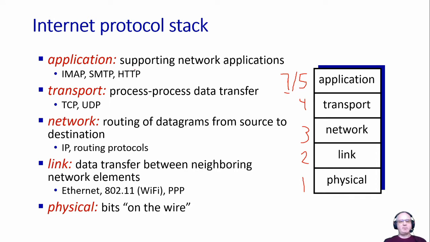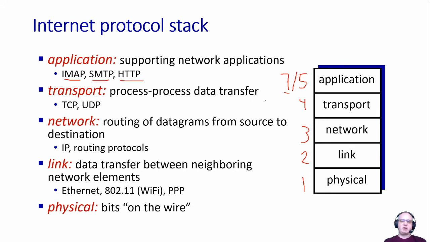So the application layer is this layer where network applications are implemented, right? The things that users care about. Web pages, for example, the HTTP protocol, SMTP protocol to send email, IMAP protocol to access email, so additionally a protocol to do that. So they provide the actual applications that users care about.